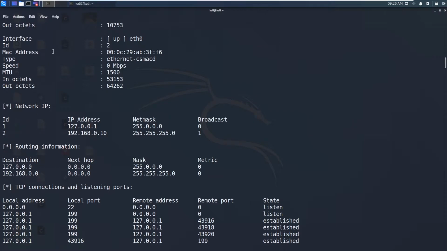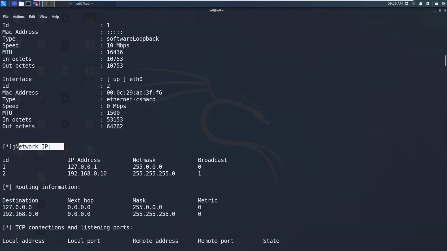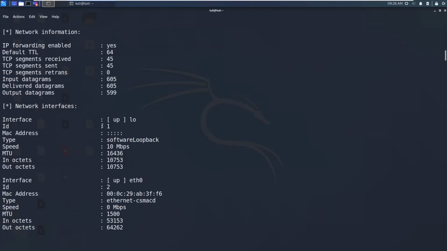So when you have this basic read-only string as public, you can get the routing information, and the hacker will identify or get an idea about what the networks are, what the IP ranges are, and the classes that are used in this network. You can see the network IP, which is the localhost, and this one is the actual IP address of this Vyatta router.